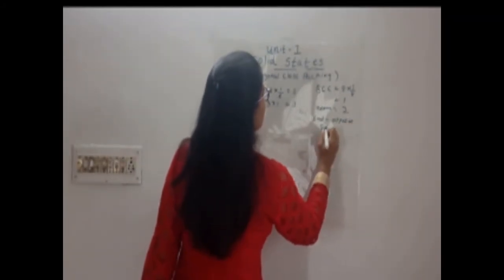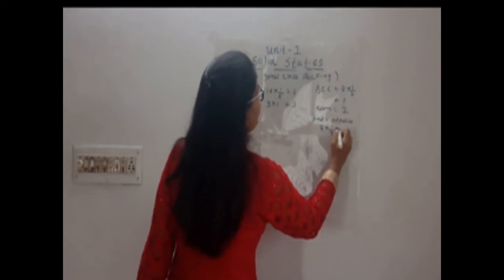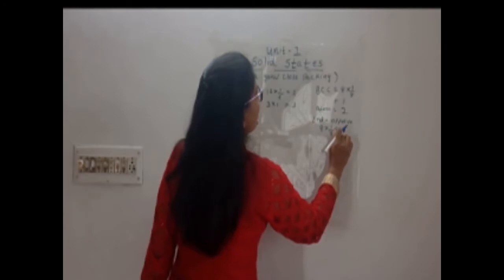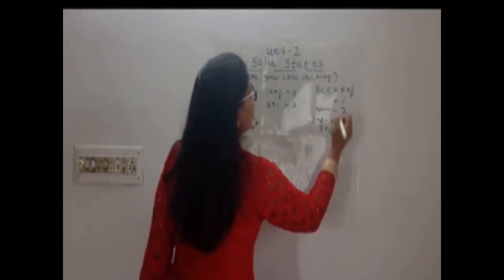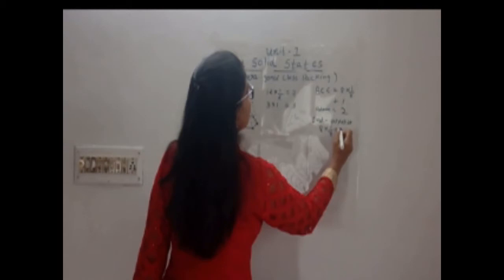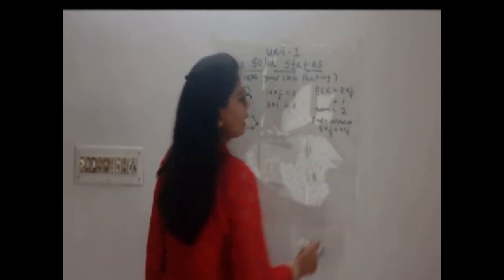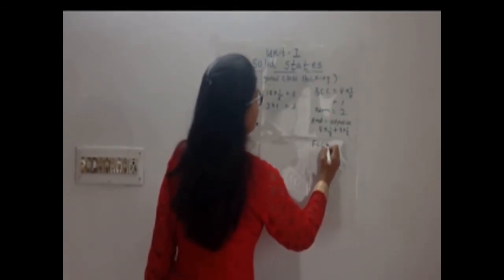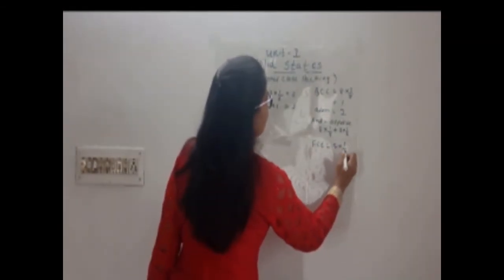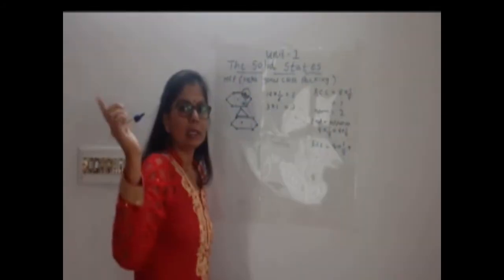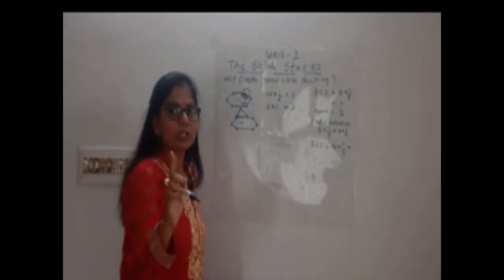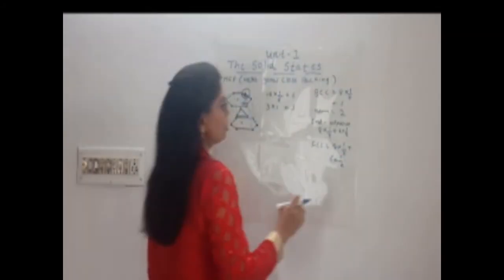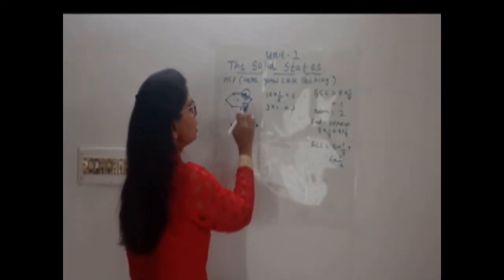So 8 into 1/8, and then we have studied only the opposite faces. There we had one in the upper face and one in the lower face. So 2 into 1/2 we had studied, that was for the end center. And for face center, what we had studied was 8 into 1/8 plus our 6 faces, and for those 6 faces we took 1/2. 6 into 1/2. So the same way here only the opposite faces are there.